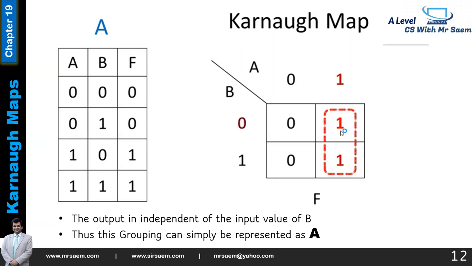What I mean is you can see I am getting 1, but it does not make a difference what value of B I have. Even if I have the value of B as 0, I still have 1. Even if I have the value of B as 1, I still have 1. So the ones that I have achieved are independent of the value of B. So these ones are basically representing A. So A, when it is 1,